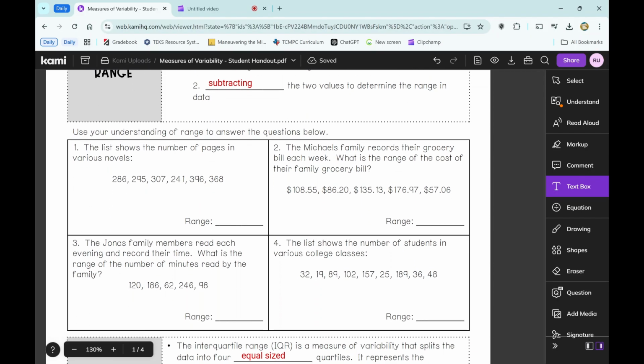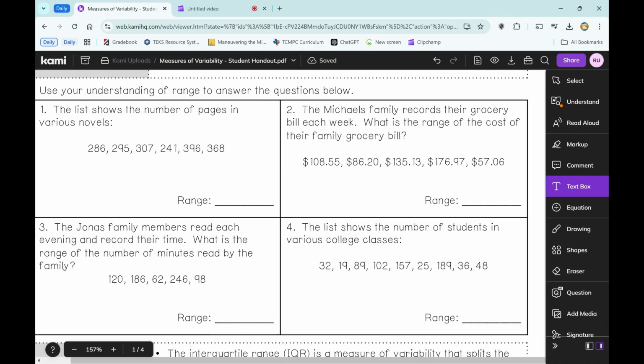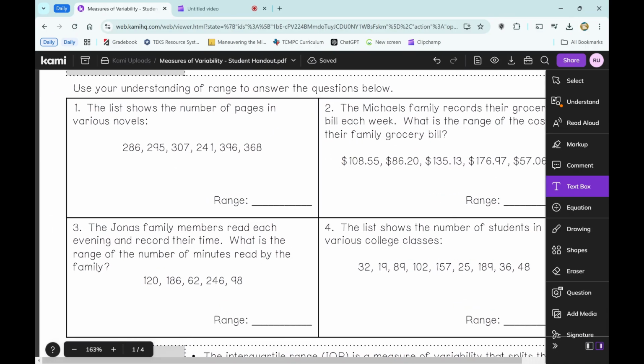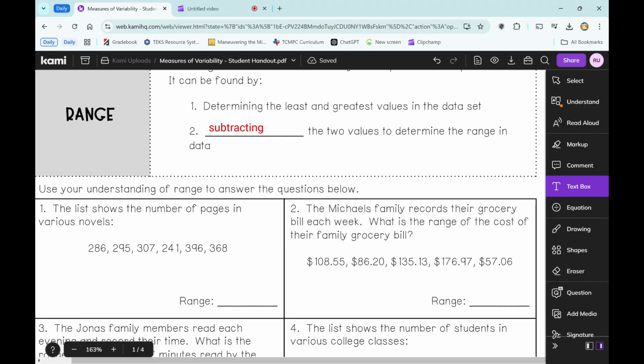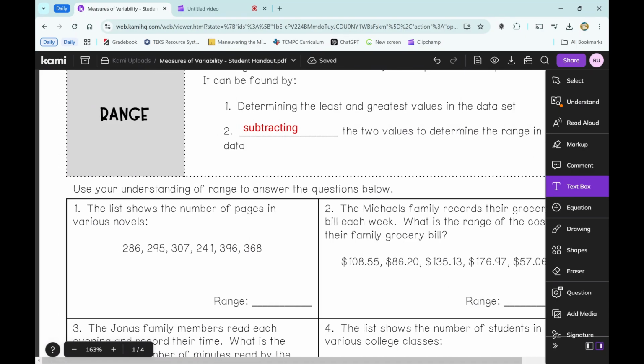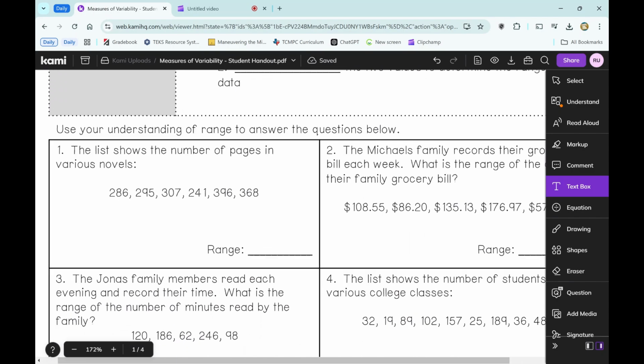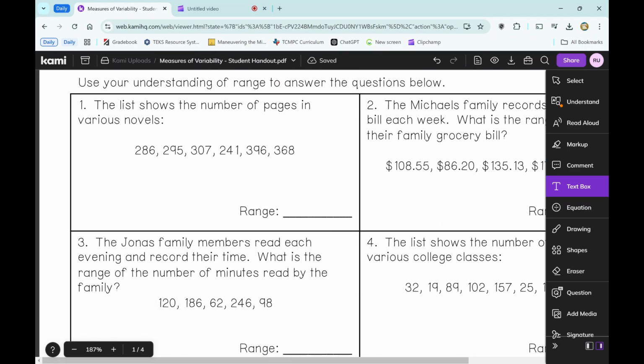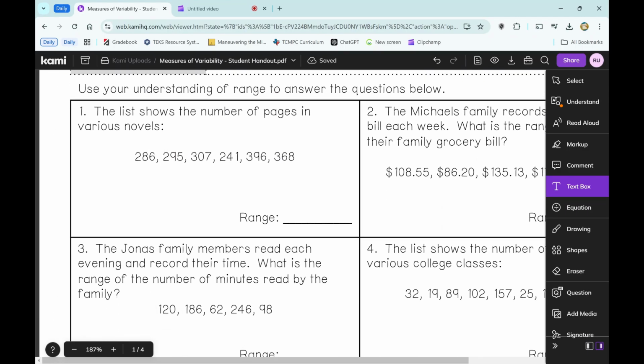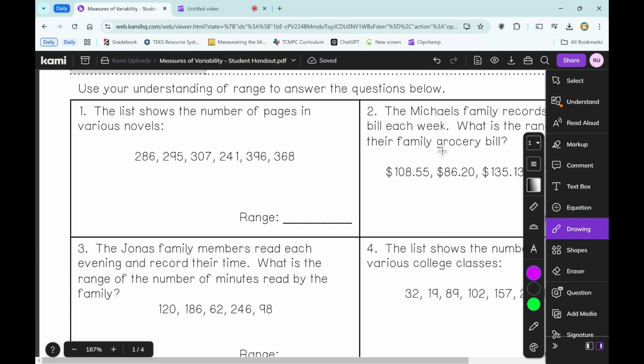So we're going to look at number 1. Use your understanding of range to answer the questions below. So remember, range, first step is to determine least and greatest values in the data set, and then subtract the two values to determine the range. Here we have to list the numbers in order from least to greatest. As I am putting my numbers in order from least to greatest, I like to make sure that I can scratch them out to make sure I do not miss any numbers. So here,